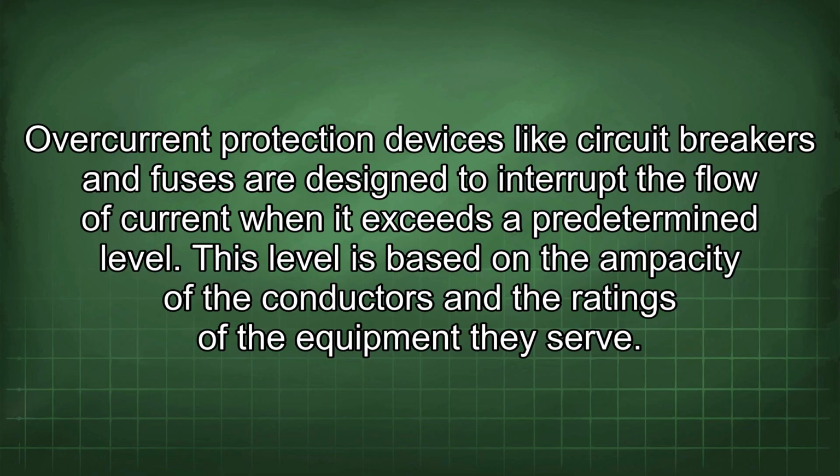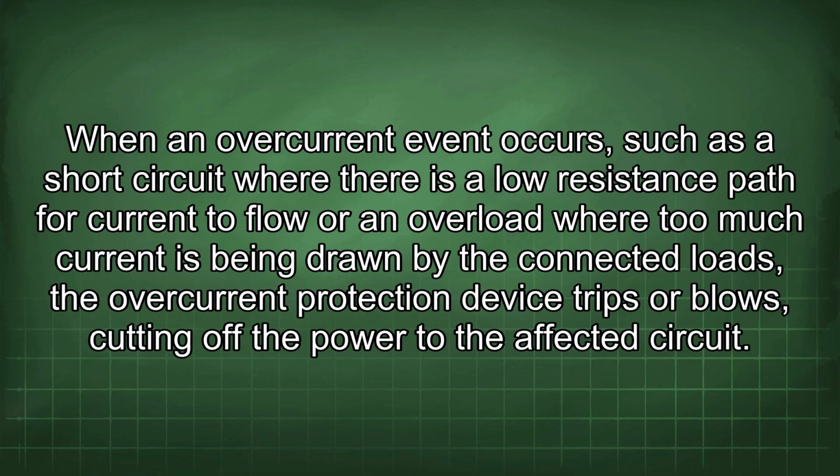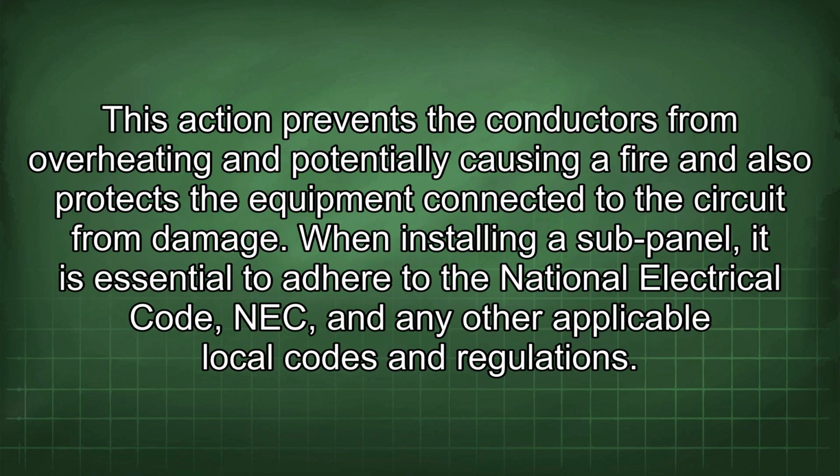system. Overcurrent protection devices like circuit breakers and fuses are designed to interrupt the flow of current when it exceeds a predetermined level. This level is based on the ampacity of the conductors and the ratings of the equipment they serve. When an overcurrent event occurs, such as a short circuit where there is a lower resistance path for current to flow or an overload where too much current is being drawn by the connected loads, the overcurrent protection device trips or blows, cutting off the power to the affected circuit. This action prevents the conductors from overheating and potentially causing a fire and also protects the equipment connected to the